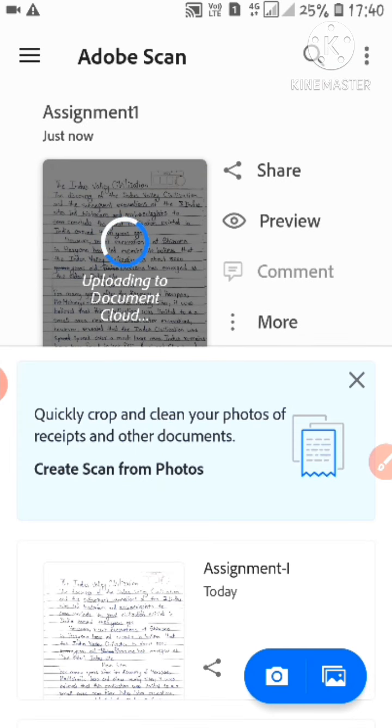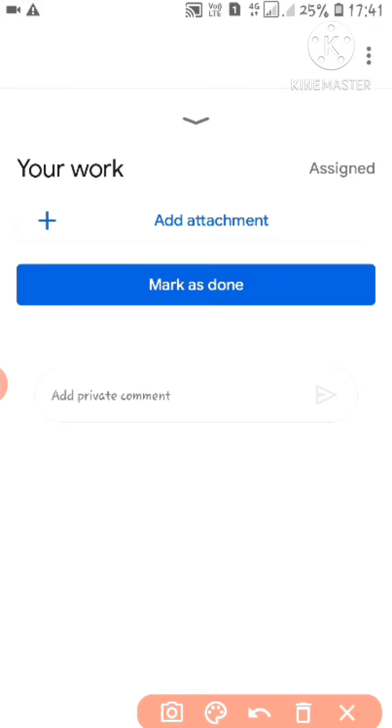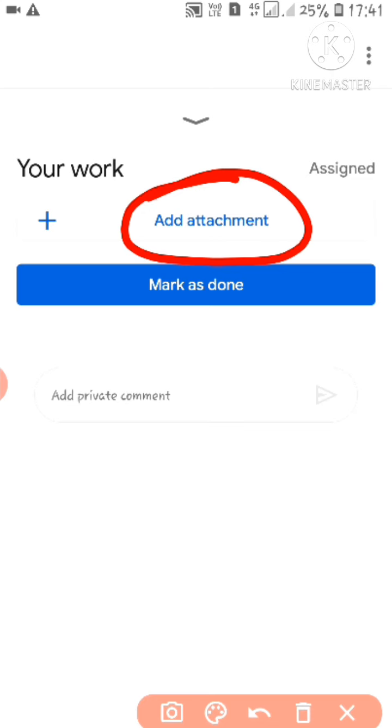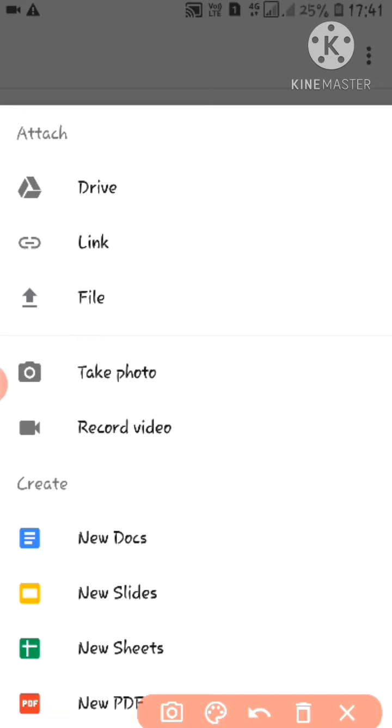Now again I am going to classroom. So now I am clicking this add attachment and choose this upload file option.